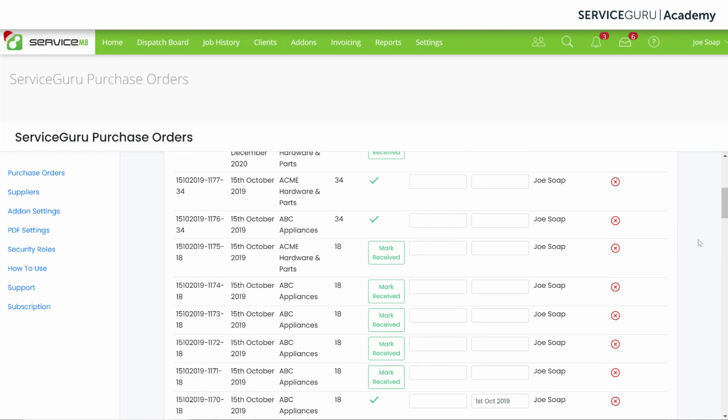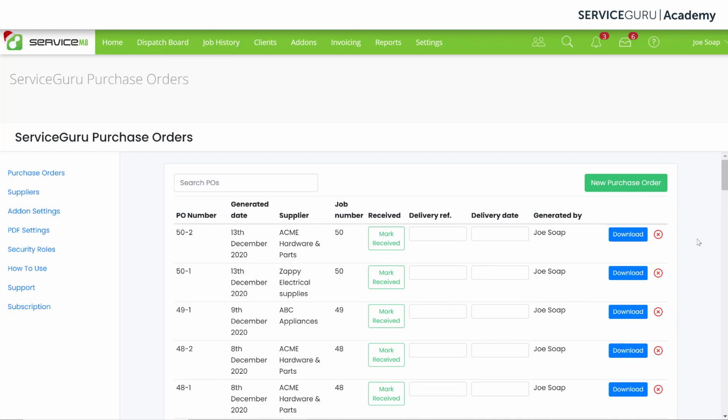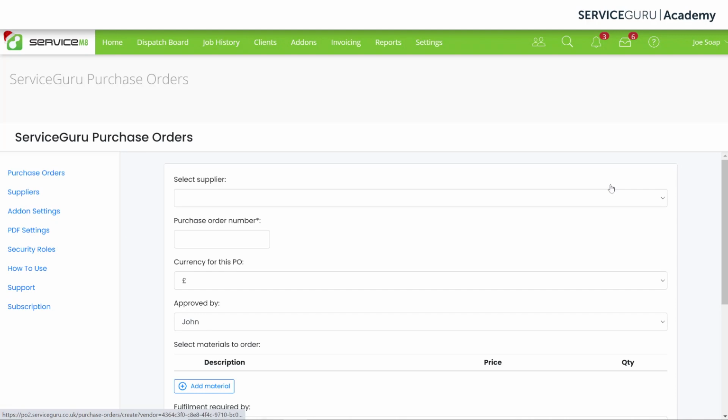This is because this is the second version of purchase orders. If you've previously created any purchase orders on the old purchase order system, you won't be able to download them from this page. They will still be available from within the job cards though. If we scroll back up here, we'll be able to see how we can add new purchase orders right from this page. As you can see here, it's very similar to what we've already done, so we can select our